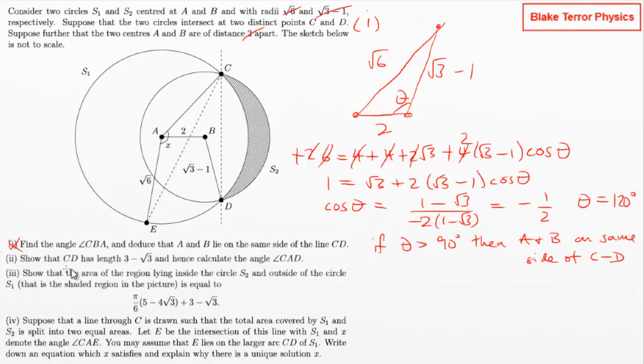Right. Part 2. I've filled up a lot of screen already. Show that CD has length 3 minus root 3. Hence calculate the angle of that thing. Right, okay. So how are we going to get to this? So maybe we want to go off of, what do we know on all of this? We've got,